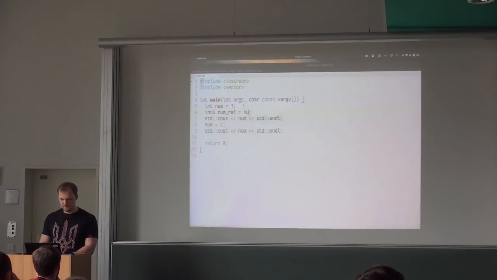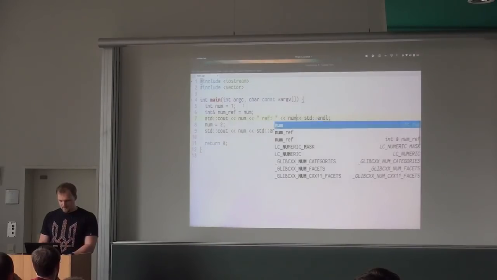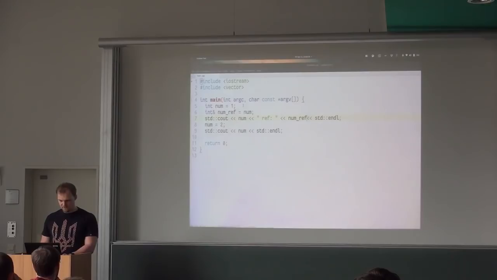So we can set num here. And now our numref actually is a reference to the num. And so we can output both of them. Numref. Okay.